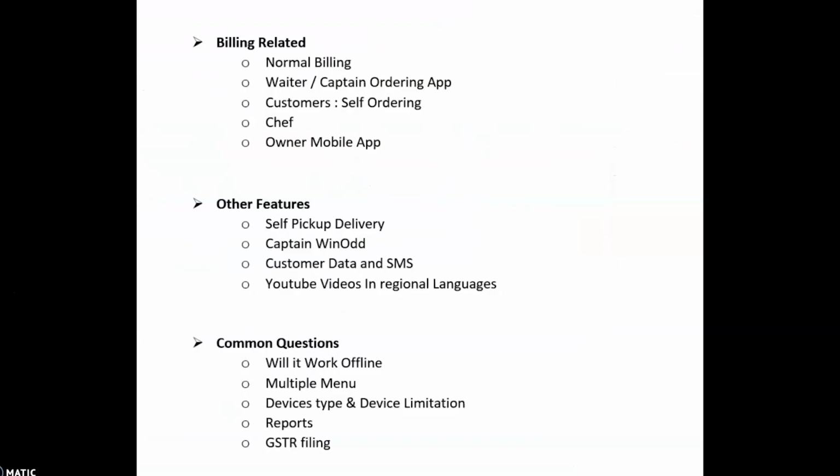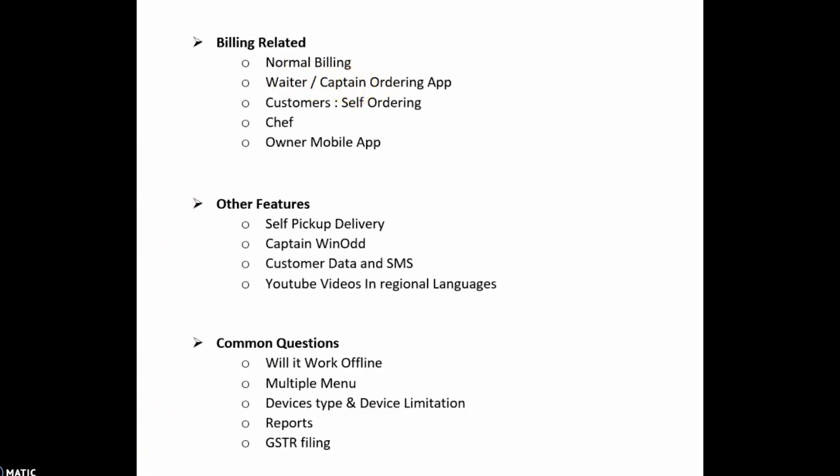If you are using Foodoo, we suggest you to use advanced mode of billing. So, let's move towards second mode of billing, that is waiter or captain ordering app. This helps in cutting cost, increases service efficiency, and also increases customer satisfaction. Today, captains and waiters go to the table of customer and take orders and then write it on paper. If we take orders by phone, we don't have to go to the kitchen again and again, saving a lot of time.